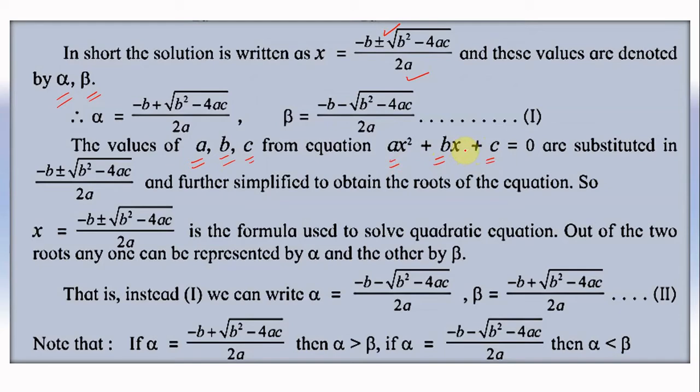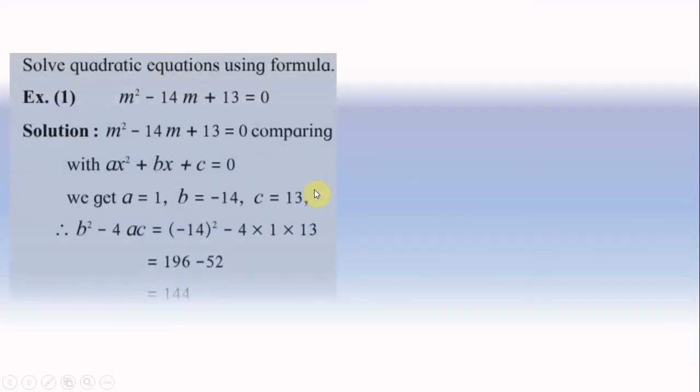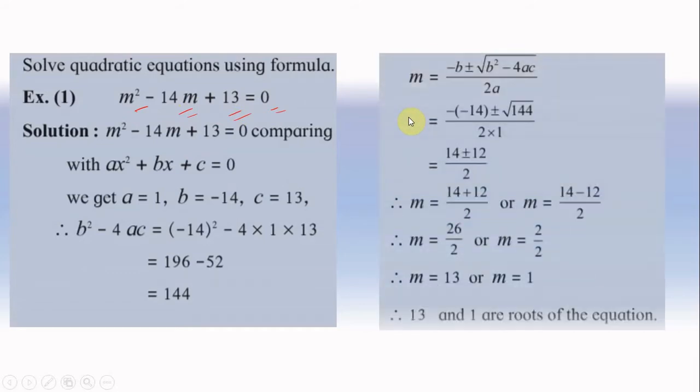Understood? So this must be clearly understood by you so that you can apply it in the formula, and you should make it thorough, then think about solving quadratic equations using the formula. Here is an equation for you, m square minus 14m plus 13. We have three methods in front of us. One is the factorization method, another is the square method, and the third one is substituting in the formula. Any one of these can be used to solve this particular question. So in that case, we will use the latest formula that we just now understood.